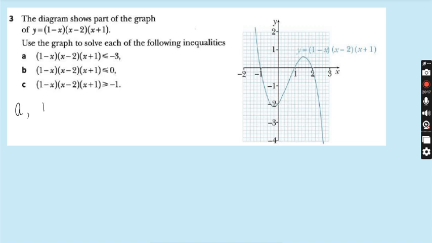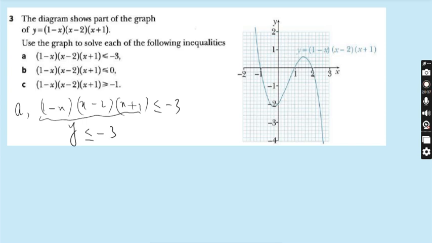Part A: 1 minus x, x minus 2, x plus 1 less than or equal to minus 3. So obviously these three brackets are replaced by y. So y is less than or equal to minus 3. So we have